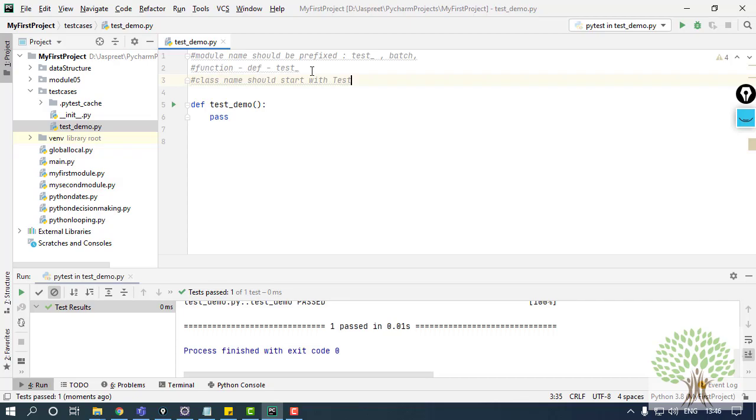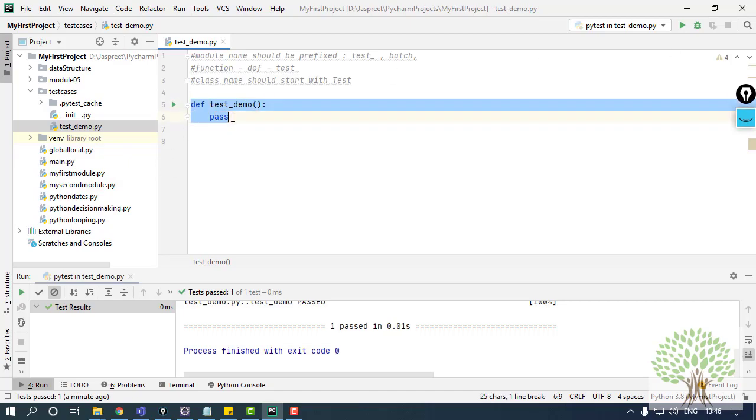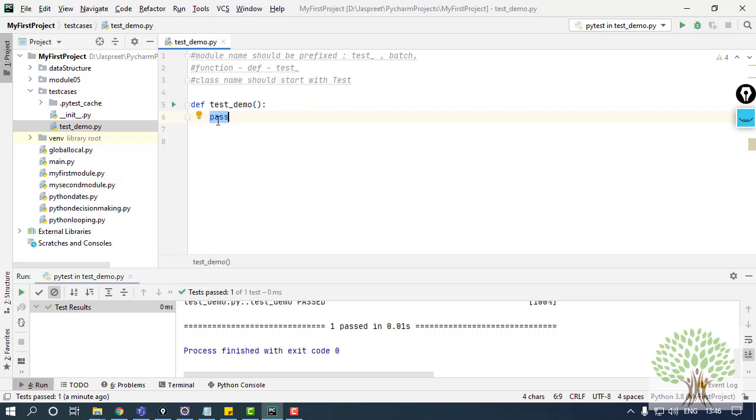Now moving further, I'll show you how you have to run the test cases in PyCharm, and then I'll also show you how to run the test cases in Eclipse. Fine. I've already shown you how the test case can be made. Inside the test case you can have anything.